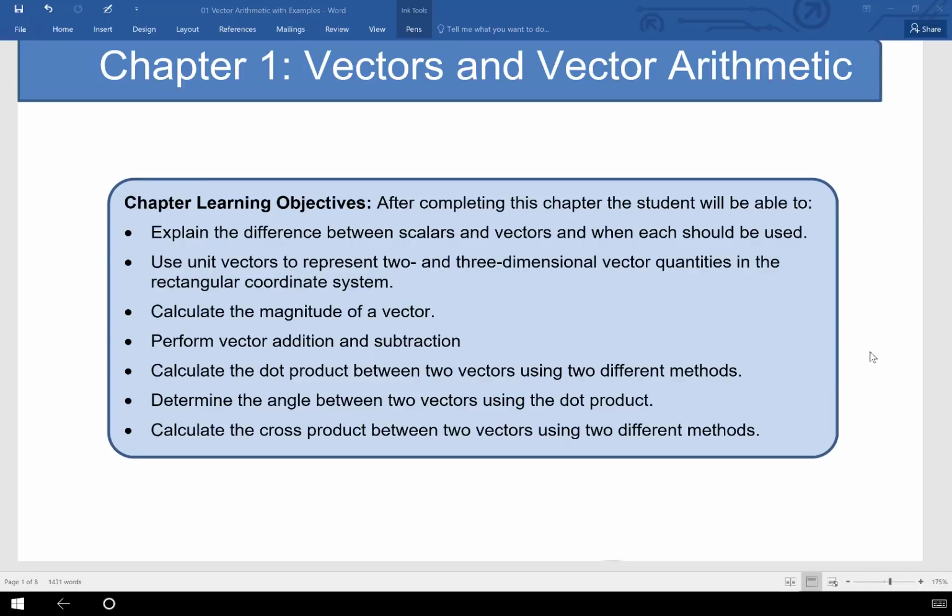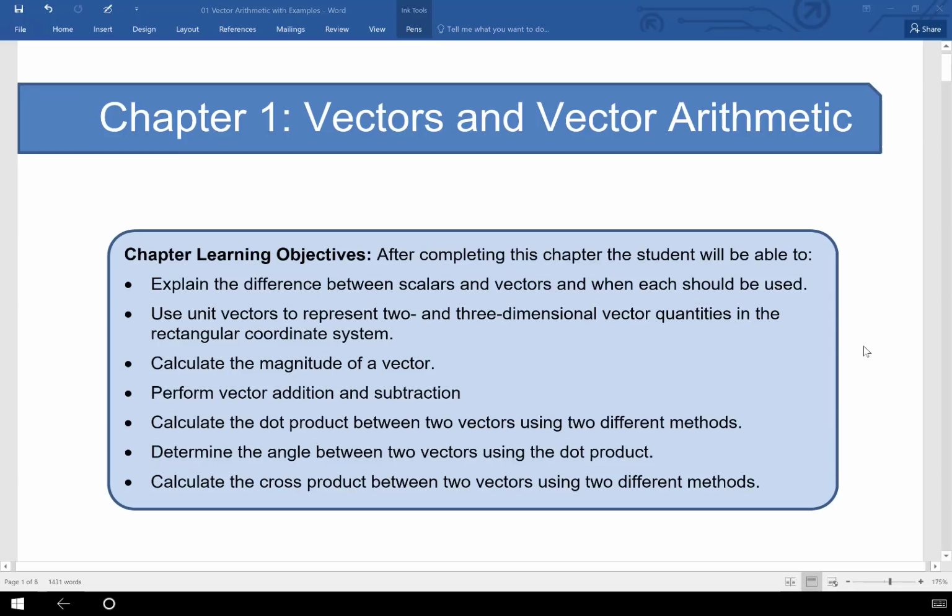There'll be a list of the chapter learning objectives. For example, in this chapter, we'll be focusing on vectors and vector arithmetic. Of course, this isn't the main subject of this textbook. That'd be applied electromagnetic field theory, but vectors and vector arithmetic are such valuable tools that we really need to spend about the first two lessons, the first two chapters, talking about those subjects and building up your expertise to make sure that when we really hit the ground that you won't have to think about the tools that you're